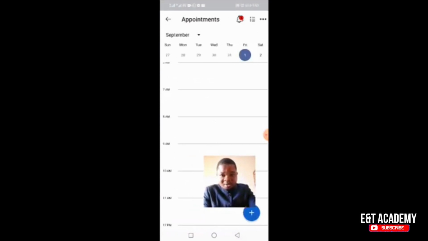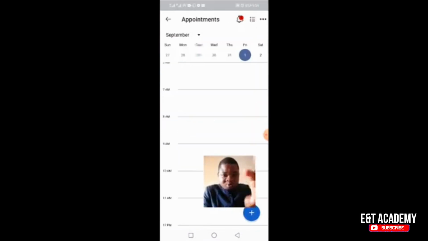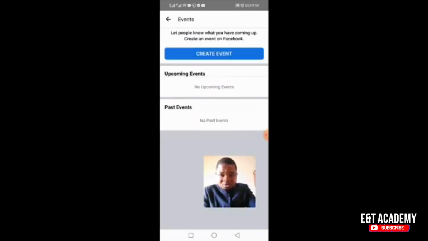appointments. Okay, so if you have booked appointments with people, it will show here. Yeah, so when someone booked an appointment with me some dates in the past, all those are here. So if we didn't have those meetings, I can just click here and reschedule those appointments with the people. Then when you go to the event,